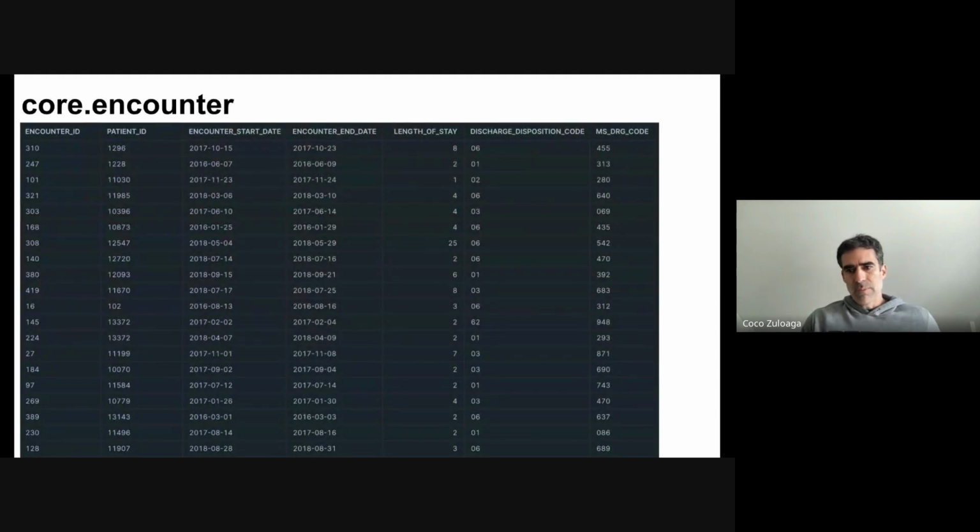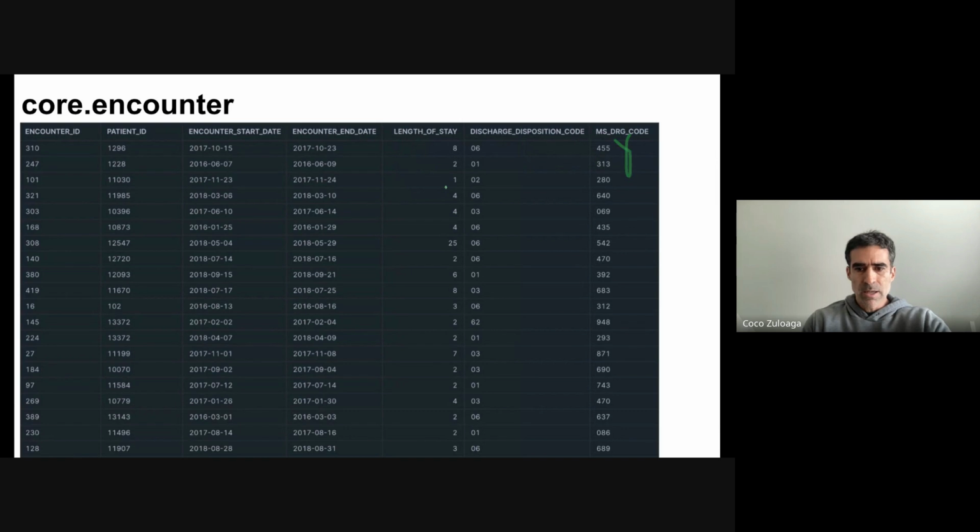So to start with, obviously, any analytics ready data model should have an encounter table. In the Tuva data model, this is the core.encounter table. An encounter table is basically a table that has one row for every encounter that happened across all your data. Here I'm just showing a few of the columns, but you would have one row for each encounter, and different fields for interesting data elements for the encounter, like the length of stay,